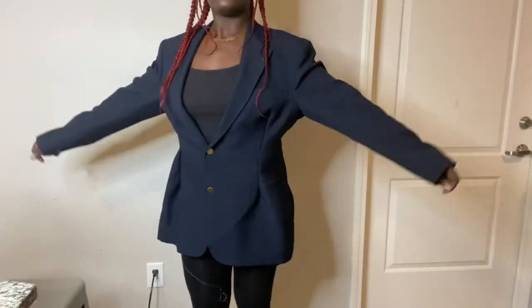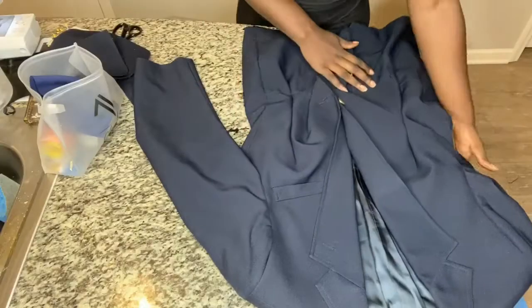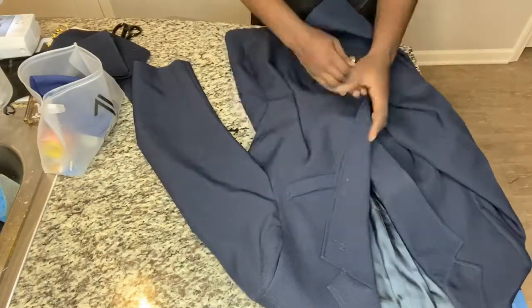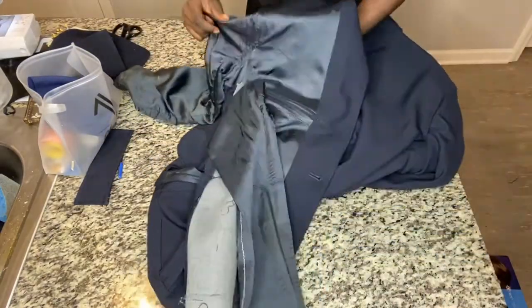After sewing it, it kind of looks something like this. It fits a little bit better than when we first started. It's not exactly where we want it to be, so we're going to move on to the next part. The next part, we're going to work on the arms because, as I said earlier, the arms were way too